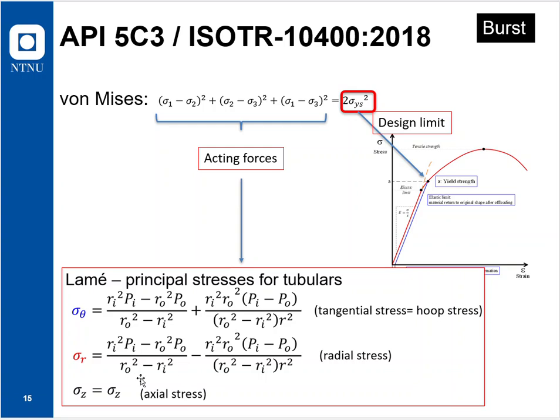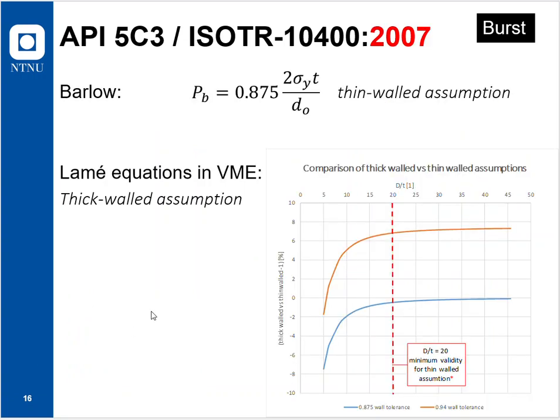Yeah, and sigma, theta, and R go into and replace these 1, 2, and 3. So 1, 2, and 3, and then you get the result out. But the industry software is based upon Barlow. Down here is a comparison with regards to